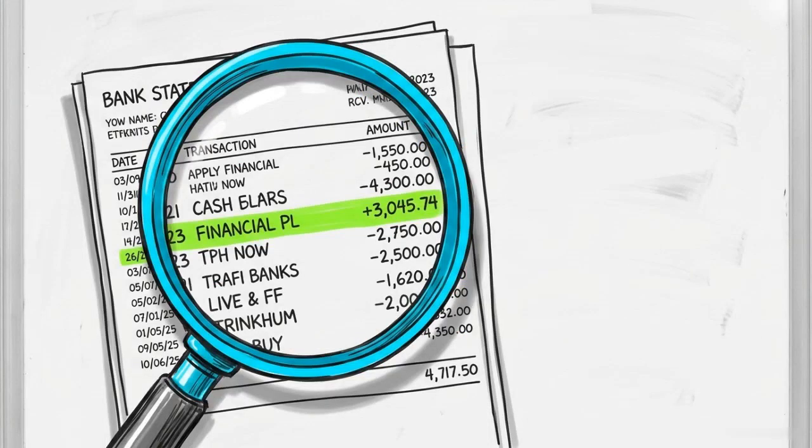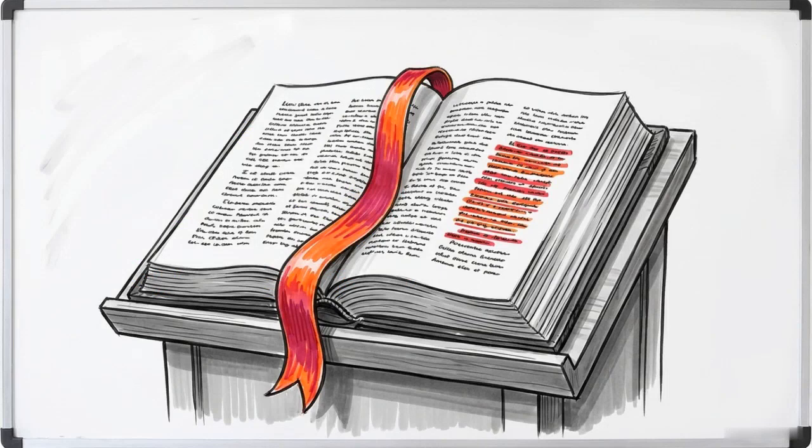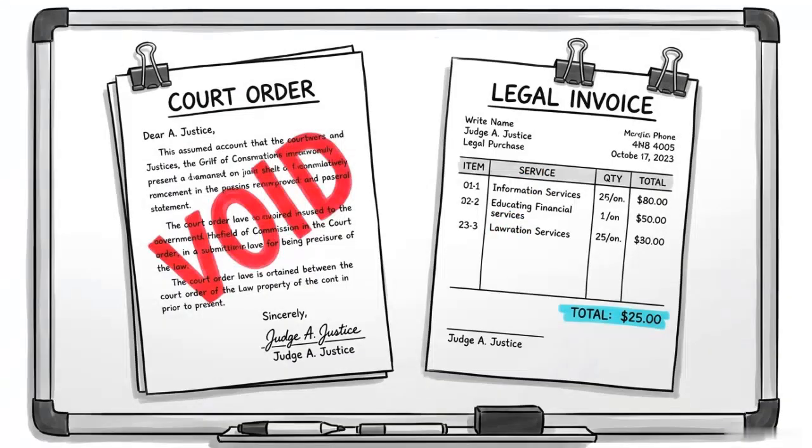This phase activates an absolute ethical mandate, the duty of full and frank disclosure. In the landmark case of Livesey v. Jenkins, the House of Lords confirmed that failing to disclose material facts can result in a final order being entirely set aside, usually with severe costs penalties against the offending party.